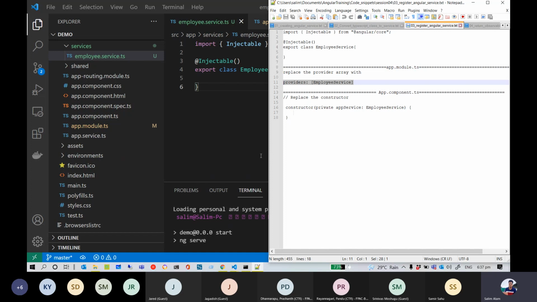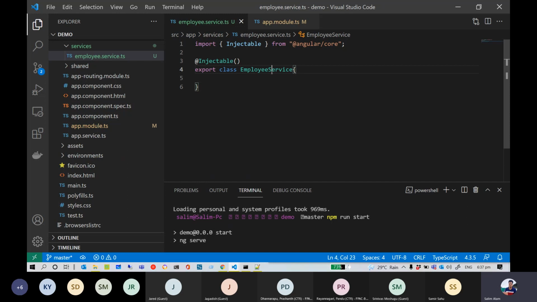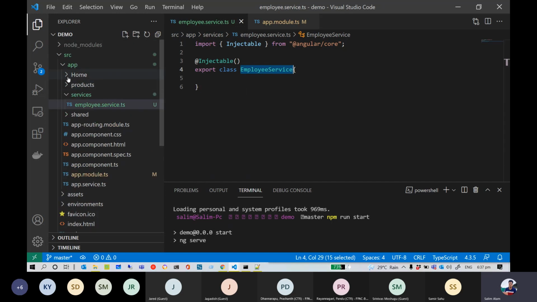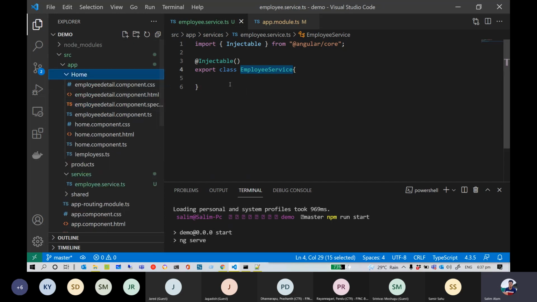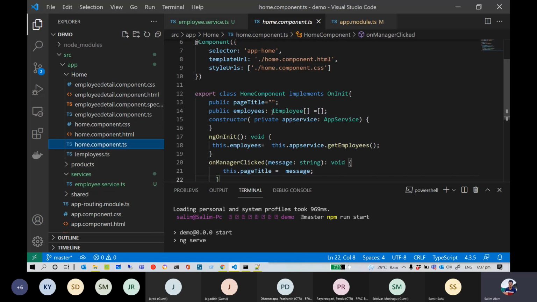The next is our component. So this should be home component. If you could change in your files, this is because we are now working with home component. We need some way for our components to work with our Angular service. So in this case, we will be working in our home component. Our home component needs to know where our employee service is. So I go to the home component, the TypeScript file, in our constructor,